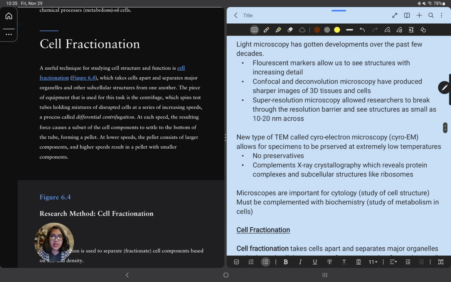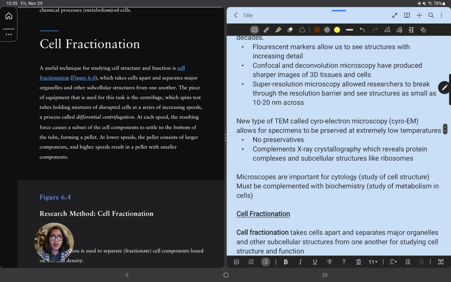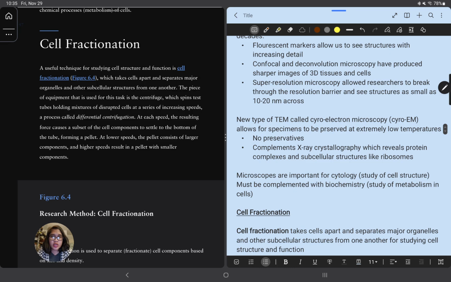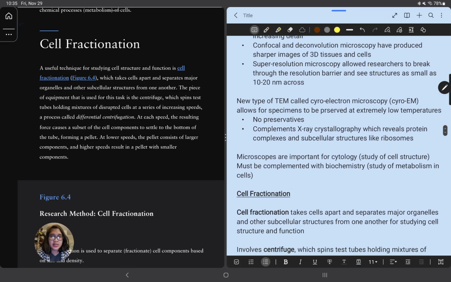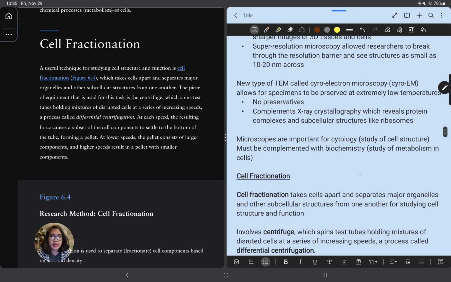Light microscopy has gone through developments over the past few decades. Fluorescent markers allow us to see structures with increasing detail. Confocal and deconvolution microscopy have produced sharper images of three-dimensional tissues and cells. And super-resolution microscopy allowed researchers to break through the resolution barrier and see structures as small as 10 to 20